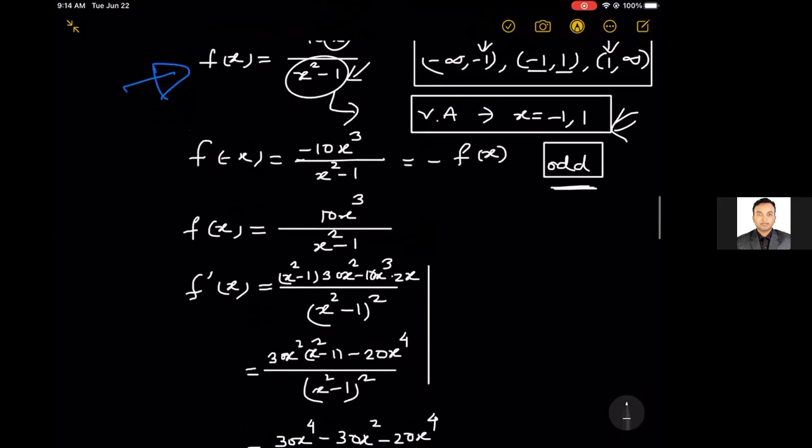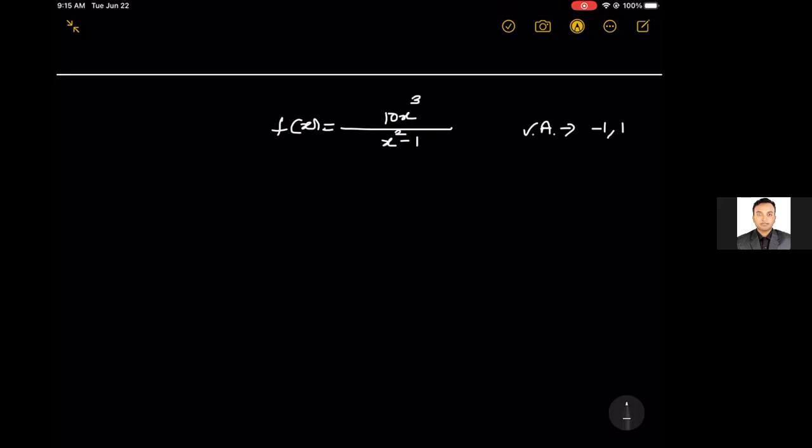So first of all, our function is 10x cubed over x squared minus 1. We know the vertical asymptotes are at -1 and 1. Obviously, x equals -1 and 1. And